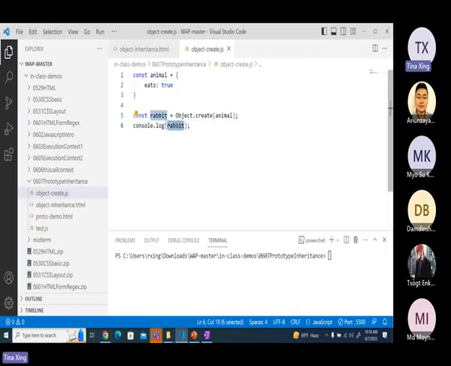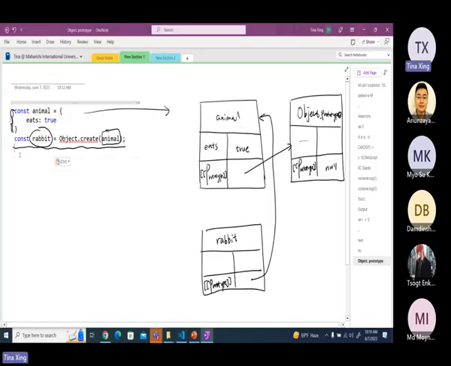Okay, now the second one. So now we have a rabbit whose parent is animal. Suppose I add another line, rabbit.jump equals true. Then what's going to happen in our diagram? We add another line here. We just add a jump property, true, here. Got me? So later on, suppose I use console.log